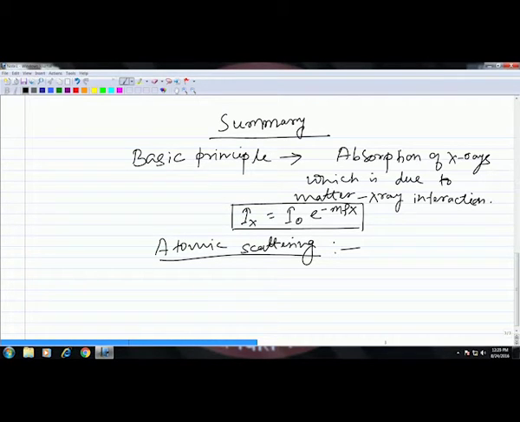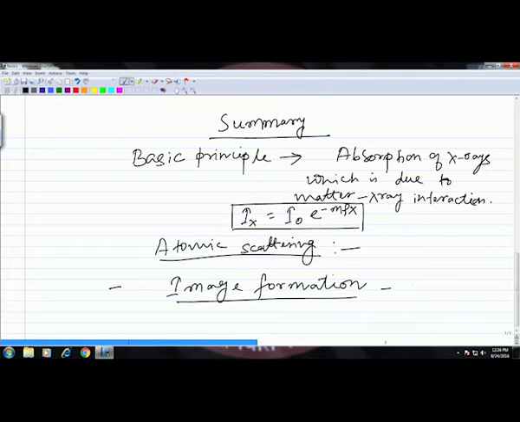And once we understood the basic principle of radiographic testing, we discussed the image formation, and in this we saw that you first need an X-ray source, which is nothing but the X-ray tube, and about that X-ray tube also we have discussed when we discussed in the beginning the generation of X-rays.